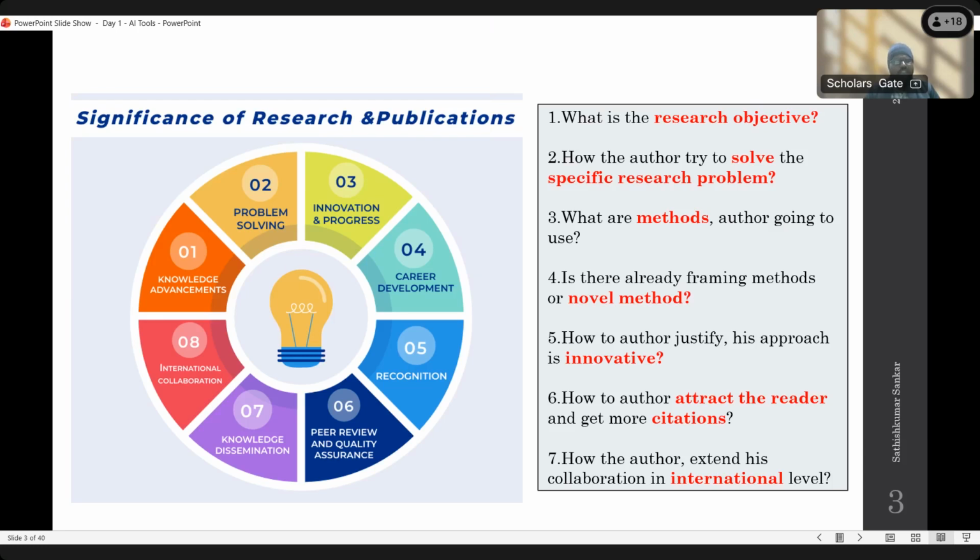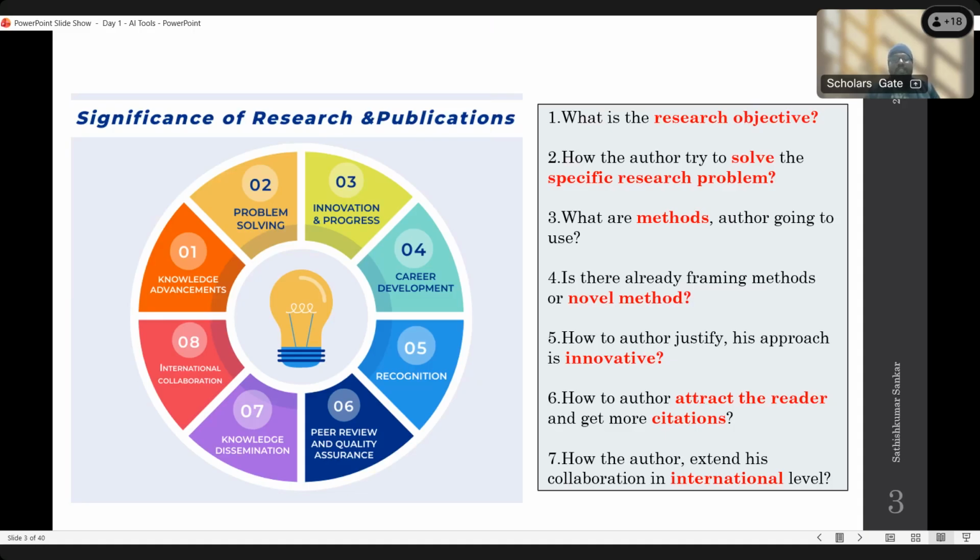So once the review comment is received, within 1 week the editor conveys it to the author. This is the standard protocol they follow. If you write an article and want to publish it in a reputed journal, only when we submit it can we get the quality of that particular article.